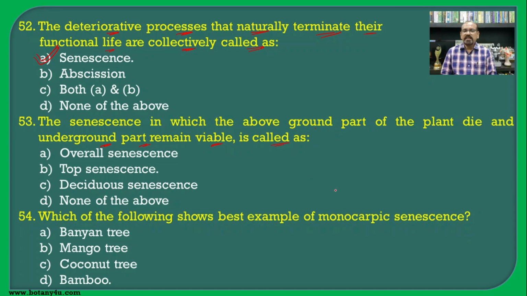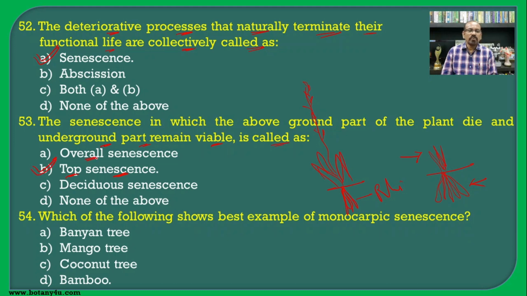as. If you see the plants like the Nishigandha, lily, etc., so they are growing above the ground and later on flowers. But at the base inside the ground there is a presence of the rhizome. So after some time, when there is a high temperature, the above ground part dry completely and underground part remain present. Again later on reaching the favorable condition, there is a development of the new leaves above the ground. So such type of the senescence is known as the top senescence.